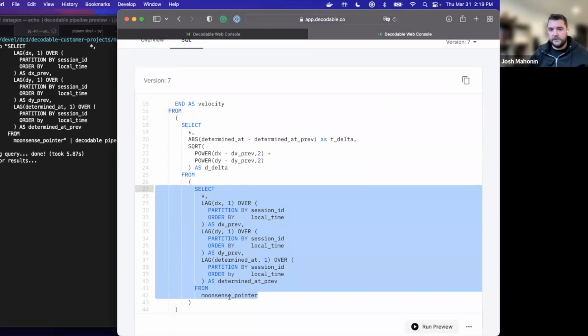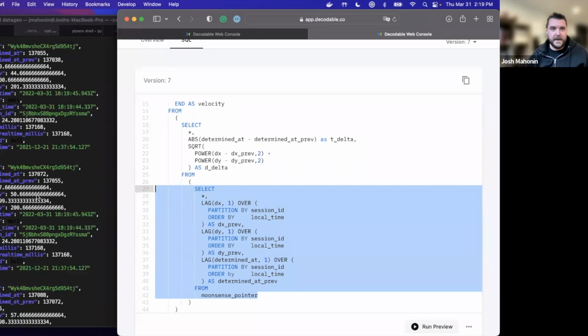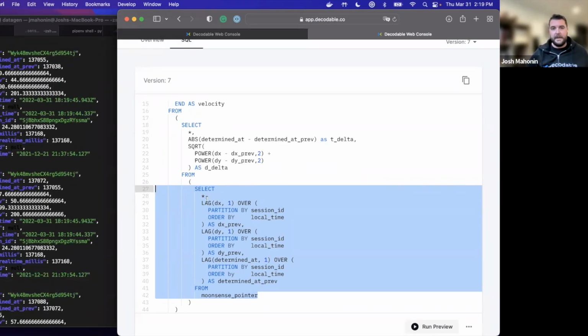So we had our demultiplexed Moonsense pointer events coming in, but what we're really trying to get after is the deltas, right? We want to know the difference between the record that we just saw and the one previous to it. Here's a great example where you can peek at the data that's come back. The magic that's happening here is this LAG function. We've established a window of the data coming in on this Moonsense pointer stream. We are partitioning it by session ID, so all of the session IDs and these payloads are kept grouped together, and we're ordering by time. And what LAG is doing is saying, basically, give me the previous entry in the window for